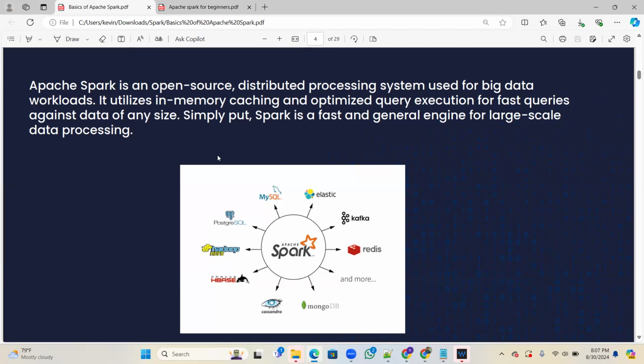As I told you, Spark is a distributed processing system. I will tell you the difference between Spark and Hive also. I will show you some pictures so you get some understanding. In Hive, I told you, right, we will be using Hadoop and all. In Spark, it uses the in-memory cache, meaning it won't use any